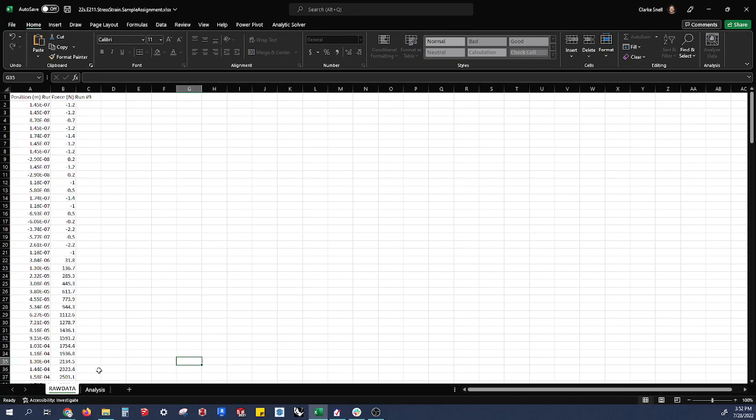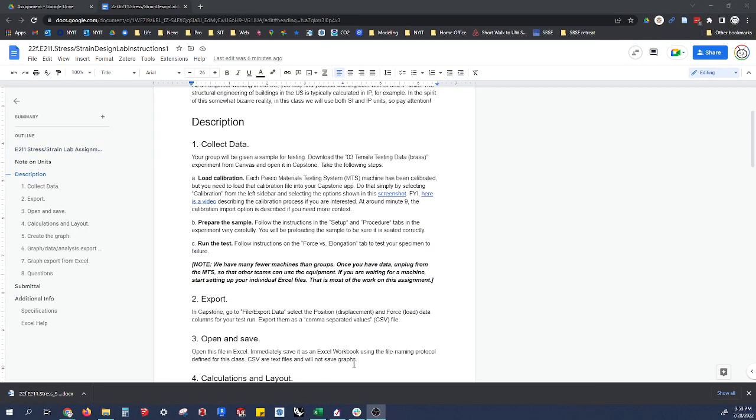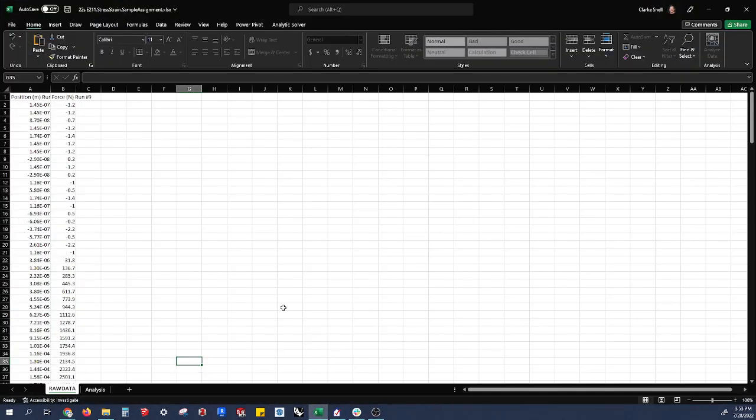You'll see I have two sheets down here, one called raw data and one analysis. The raw data sheet is the data that I got from the Pasco MTS machine that you are using for this experiment. I did exactly what the assignment says. Let's go back, I'm following these instructions, let's imagine. And so I exported the position and force columns, and I exported it as a CSV file. I opened that CSV in Excel, and then I immediately saved it as an XLSX file, which is an Excel